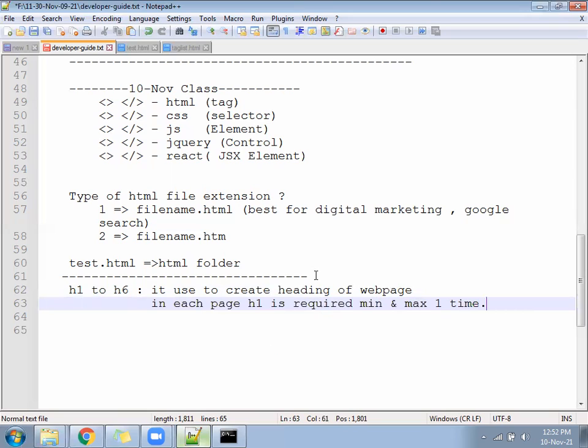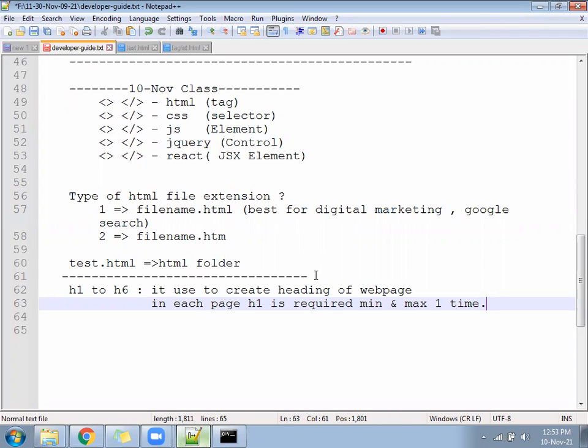That means whenever you are creating a web page and displaying some data, you keep a heading tag there. H1 is required. How many times? One time. In one page, an equal heading, of equal font size, should not repeat two times. The user will not differentiate whether this is the main heading or the subheading. So we will remember: in each page, we add the H1 tag one time, minimum and maximum, so that it creates a heading and the user will understand, oh, this is the contact us page, this is the about us page.